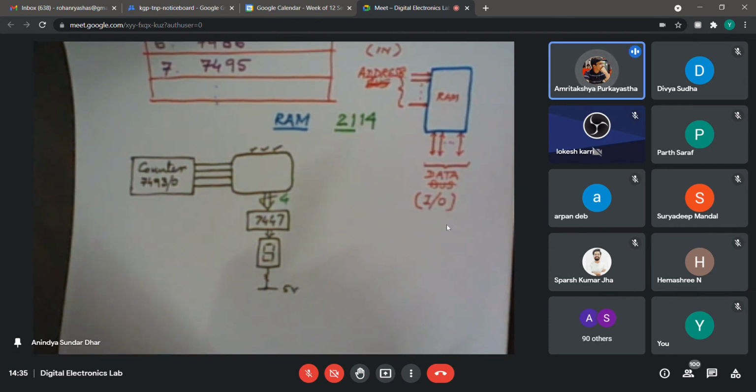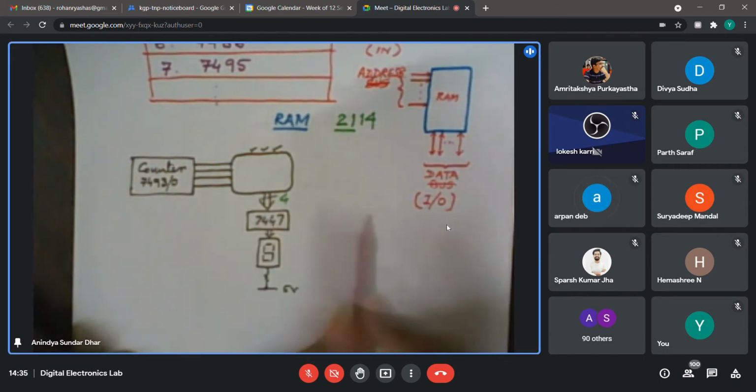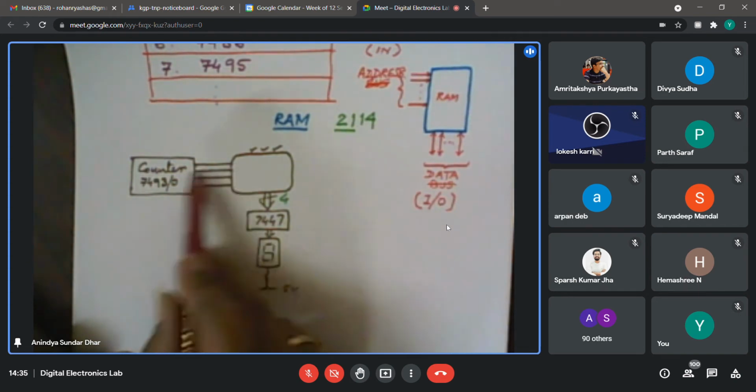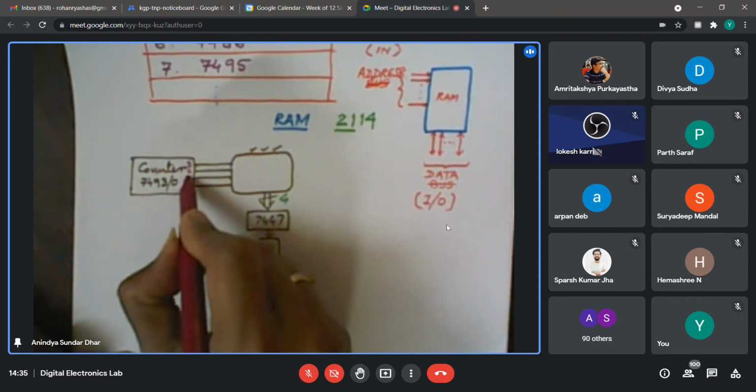Or maybe if we have 10 data pins, then you can use only one address location for one roll number. No, think about that. What you needed, what you solved. You have solved for the counter outputs, we'll call it something like DCBA.